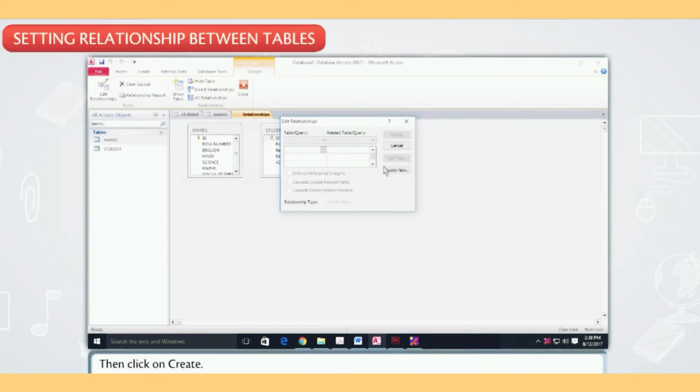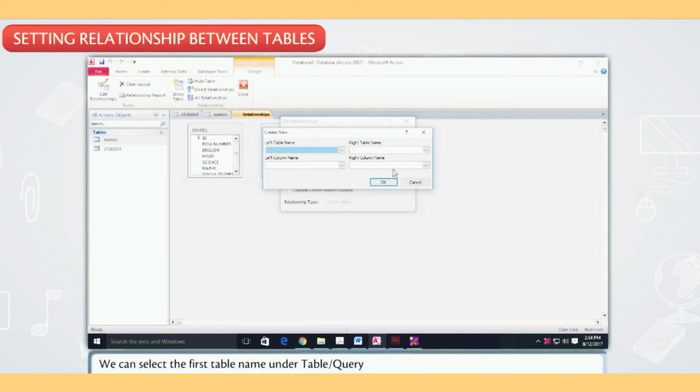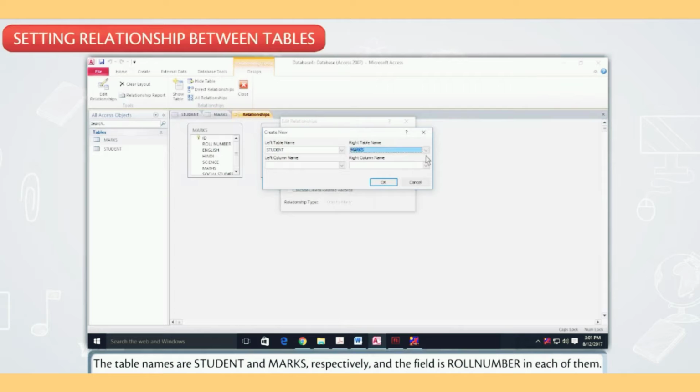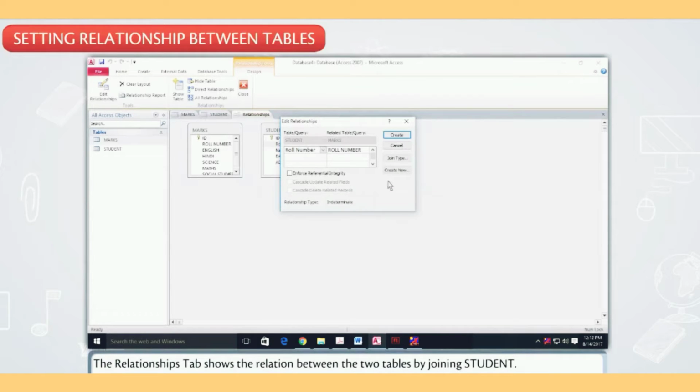Then click on Create. We can select the first table name under Table or Query and the table to be related under Related Table or Query. Select the fields to be related under the table names. In this example, the table names are Student and Marks respectively, and the field is roll number in each of them. The Relationships tab shows the relation between the two tables by joining Student, roll number to Marks, roll number,